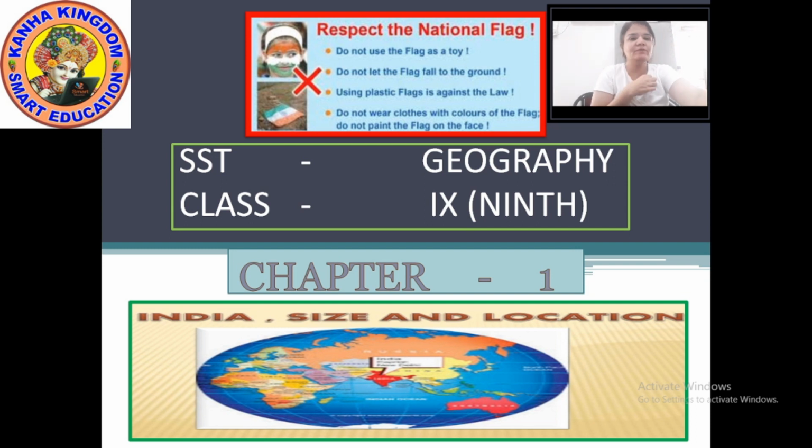So, let's move to today's subject. Our subject is SST, and from SST our content today is geography. In geography today we are going to see the first chapter of SST, that is India, size and location. What are we going to see? We are going to see India, size and